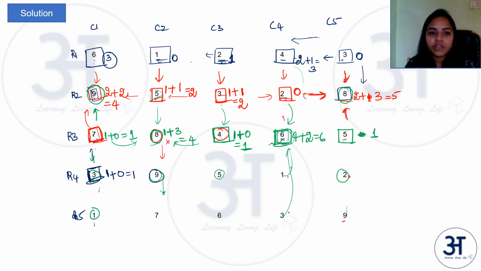Coming to 9, row 4 column 2. On the above it has 8. 8 can definitely reach 9, but 5 is less than 8 and 1 is less than 8. So 5 and 1 cannot reach 9. And below it has 7. 7 can reach 9. So there are 2 possibilities in the column.